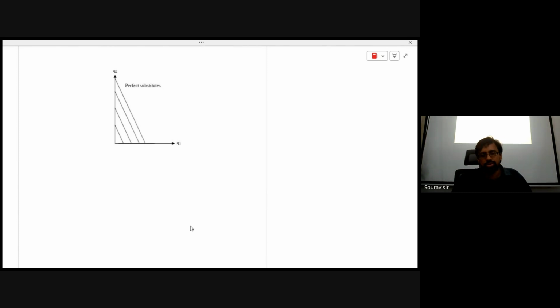Perfect substitutes. Q1 and Q2. Not with respect to the previous graph. This is actually the IC for perfect substitutes. How will the indifference curve look in case of perfect substitutes? So these are the indifference curves actually, and these curves are parallel. Meaning,